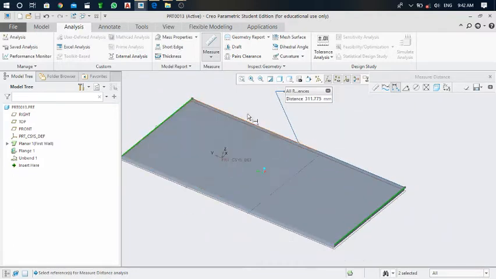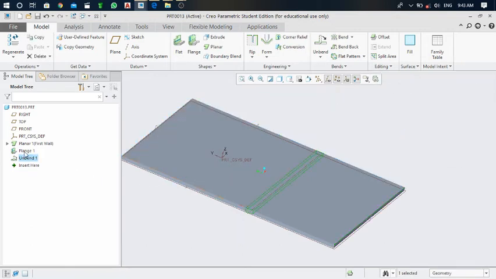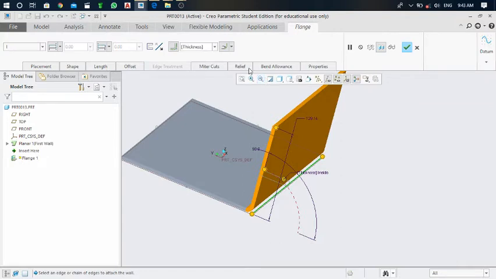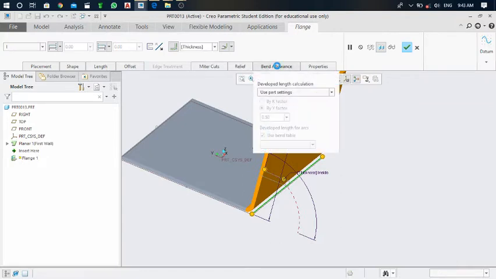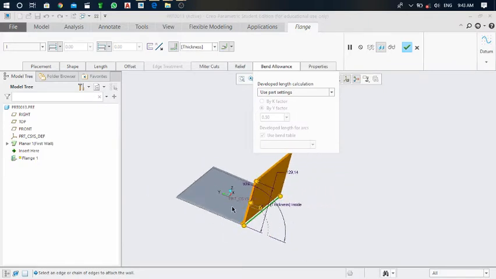Now click on Model and click the cursor. Go here in the model tree, right click on this Flange 1 and Edit Definition, and click on Bend Allowances.